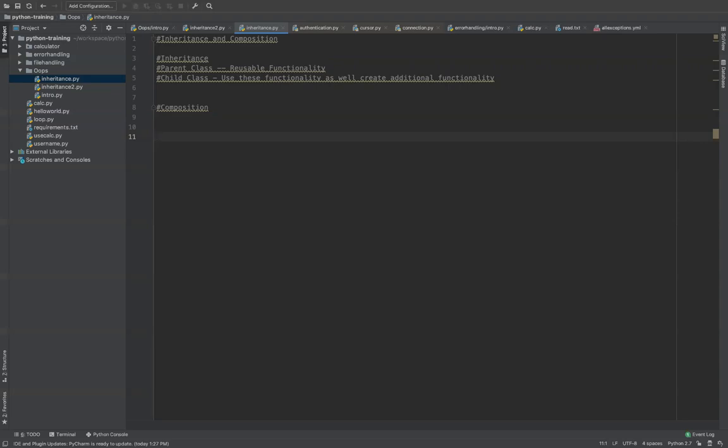That means a child can be related to multiple base classes. So you can reuse a lot of functionalities of your multiple parent classes.